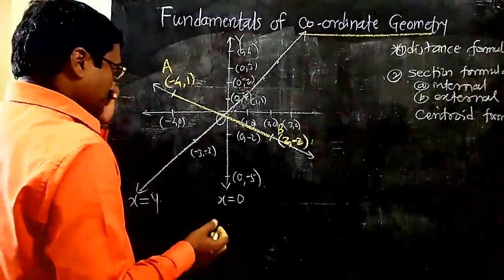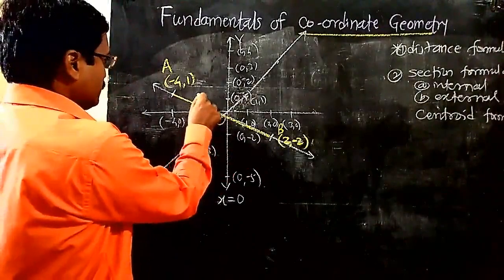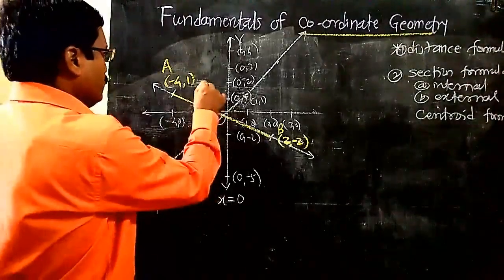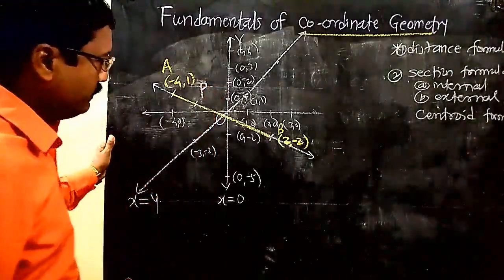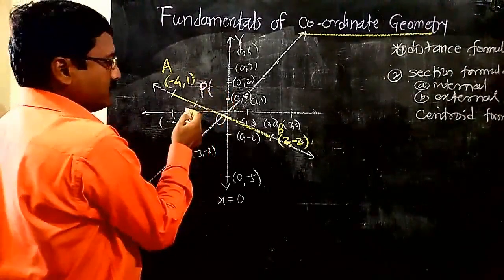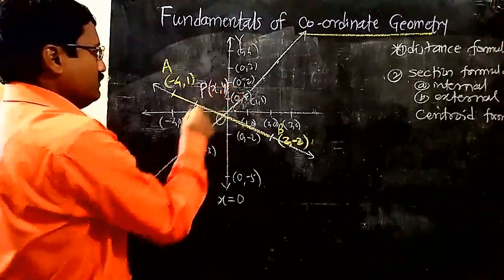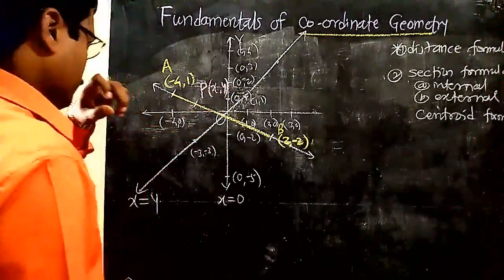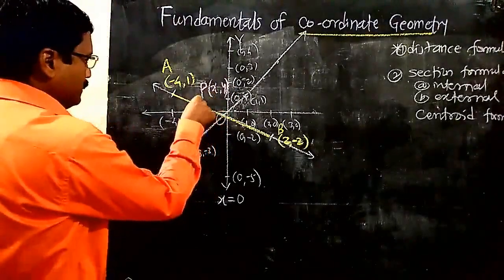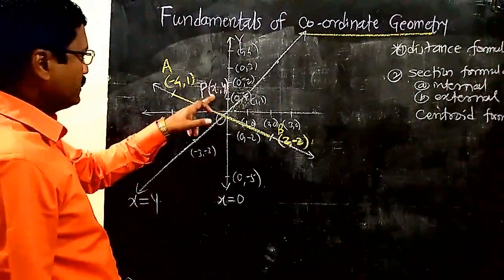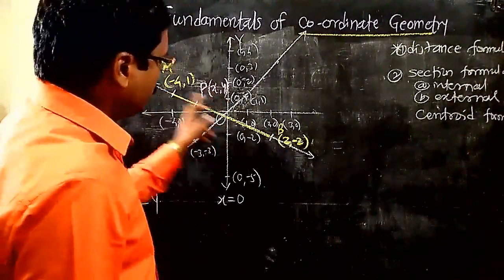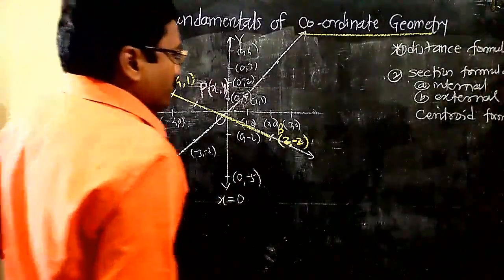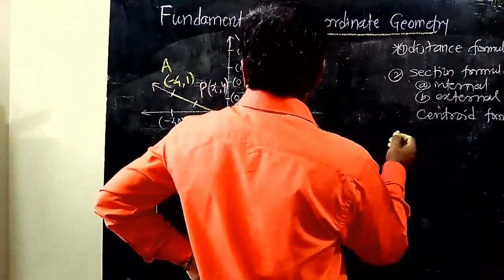So we can take any one point on this line, that will be point P. Let P be any unknown point of this line AB. Obviously, we don't know the coordinates of point P, so they will be x and y. So this point P has coordinates x and y. Point A has coordinates minus 4, 1. We know the concept of slope that we have learned in 10th class. Let us first revise it.